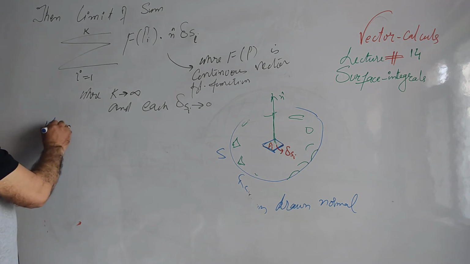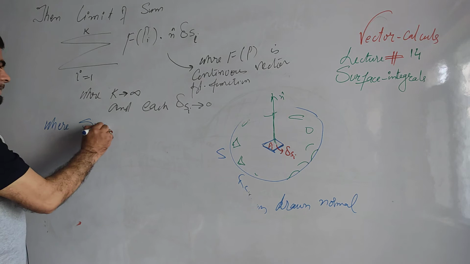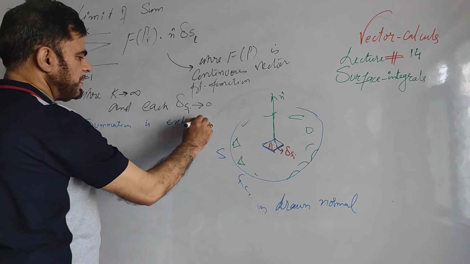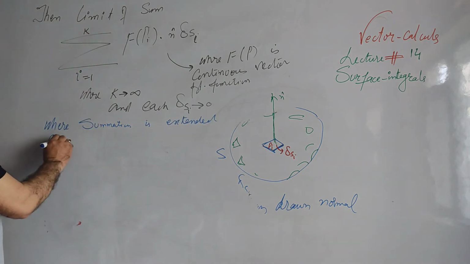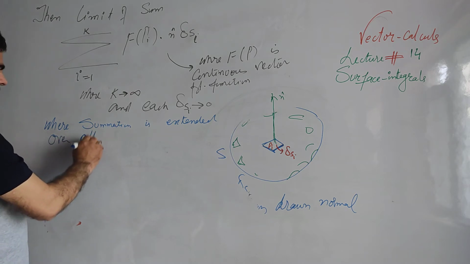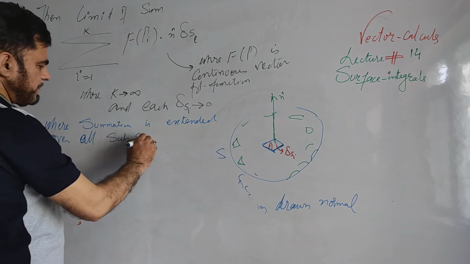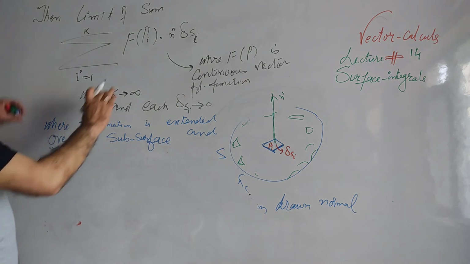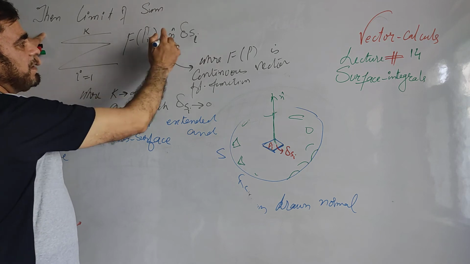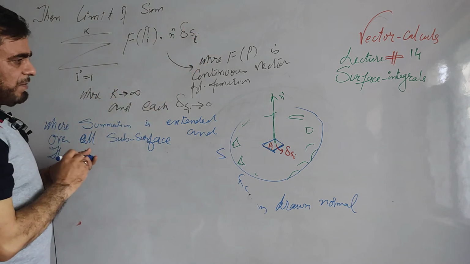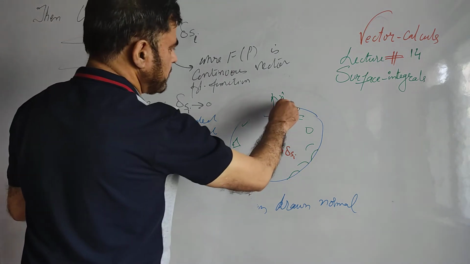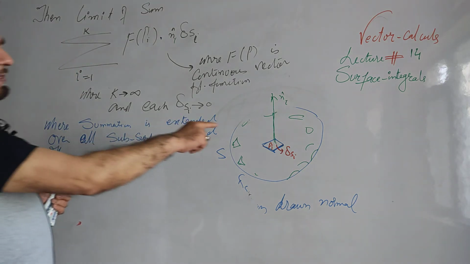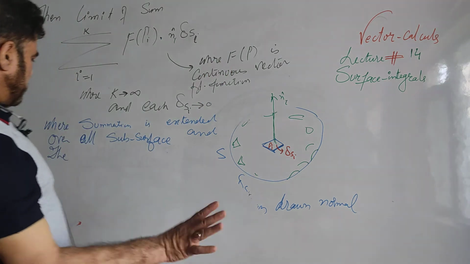Where summation is extended over all subsurfaces, and actually we have to find the limit of this. When this limit exists, we take n_i, a unit vector. You should also mention that n_i is a unit vector in the direction of the drawn normal. You should write there n_i,